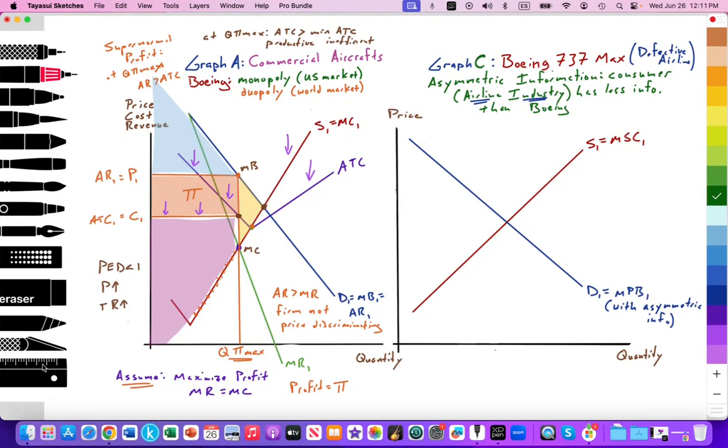Okay, so that takes us to a free market equilibrium. So we're going to mark those 2 points. So we'll have price in the free market. I'll label this PM. M for free market, price in the free market, and quantity, QM, quantity in the free market. All right, so that's at that point. So the airline industry is buying these aircraft, the Boeing 737 MAX, at a particular price of PM, a particular